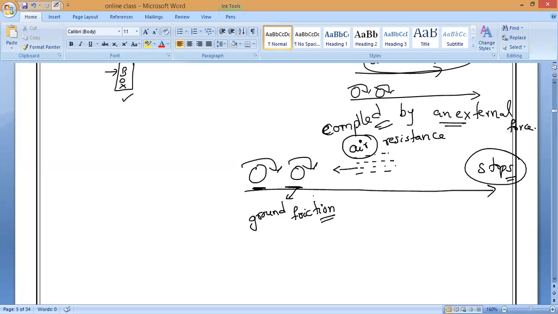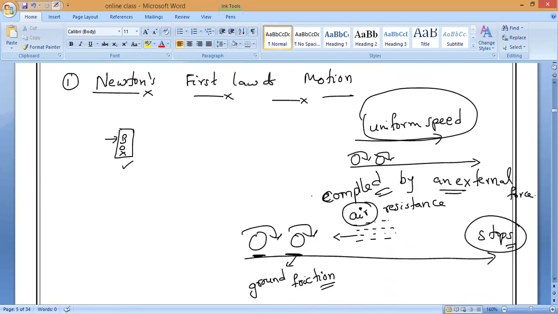So that is what is called Newton's law. For example, no friction exerted by the ground, no air resistance. Now, will the ball come to rest? That is my question. Can anybody answer? If there is no air resistance, if there is no friction exerted by the ground, will the ball come to rest? That is what I'm asking.